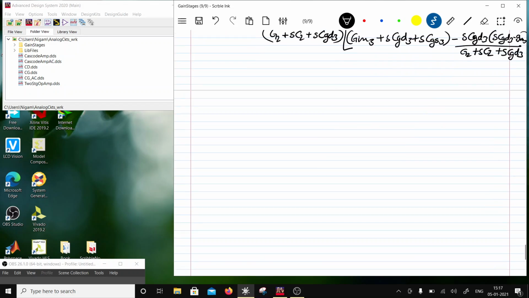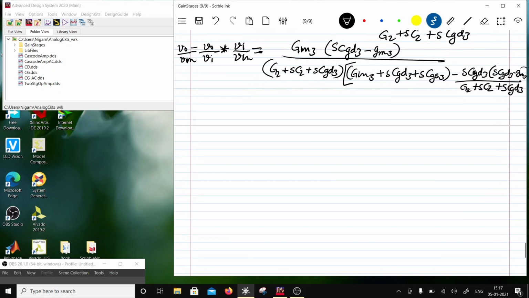So that would be that. Now if I was to take all the numerators and simplify, I would have VO by V in will be equal to, okay,